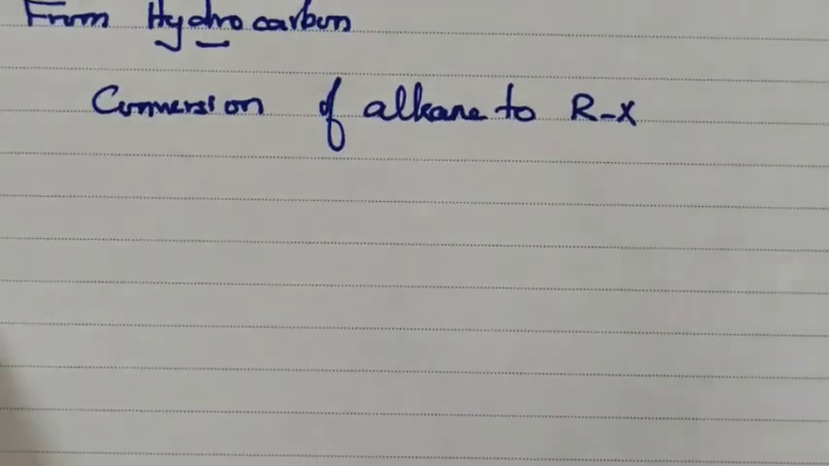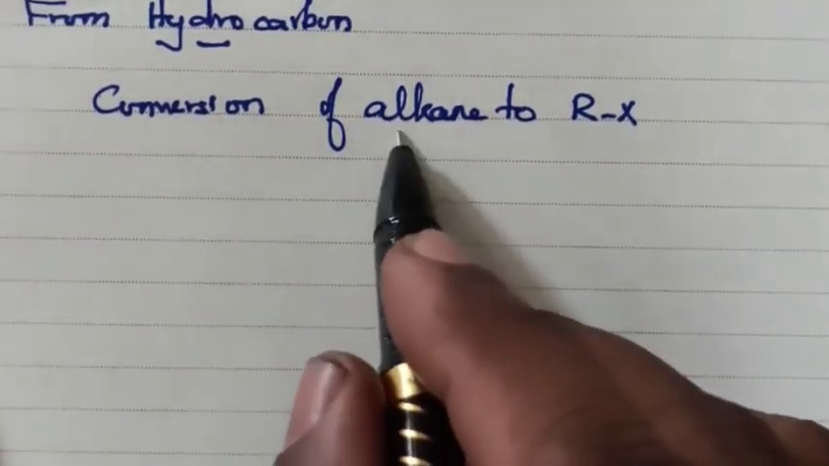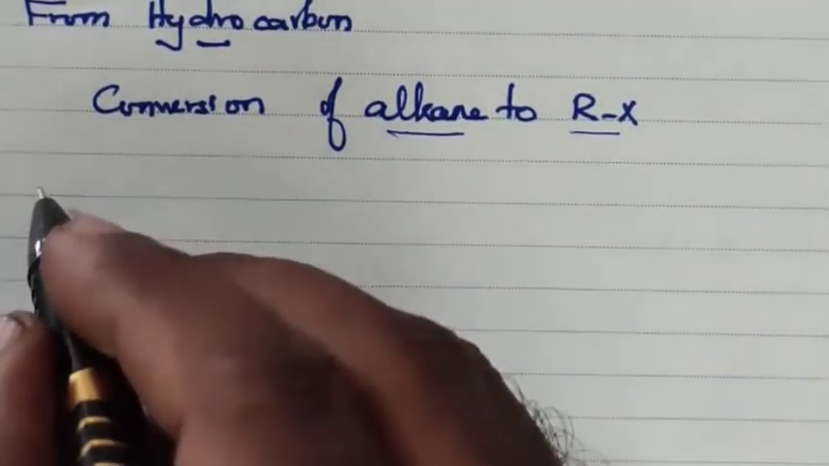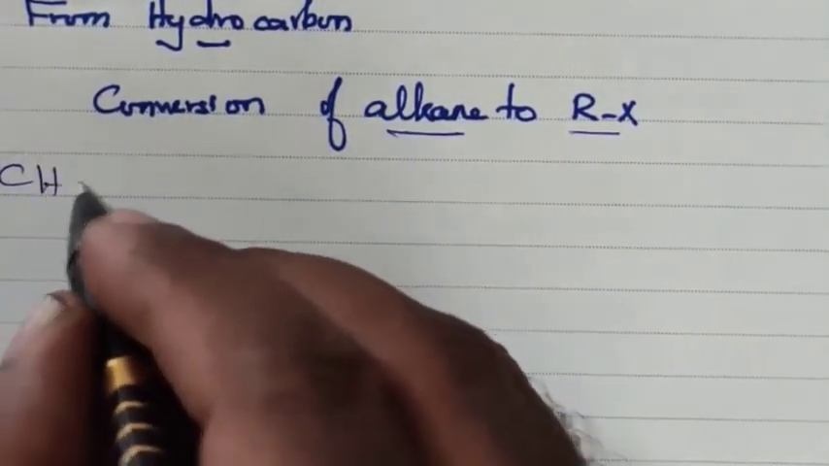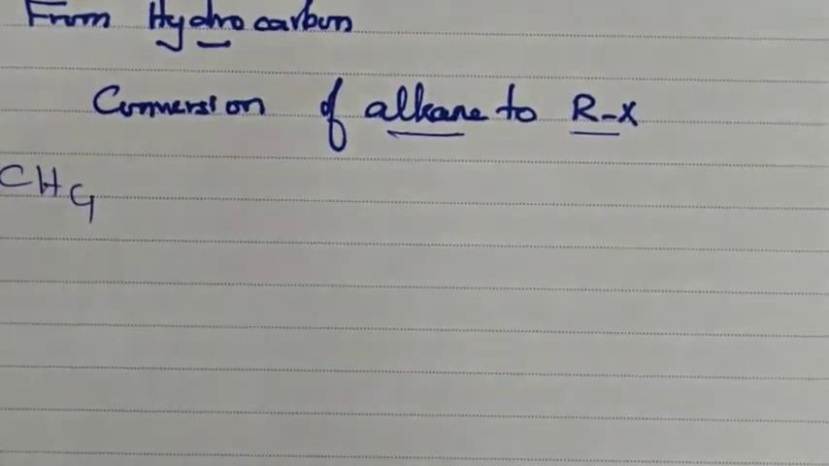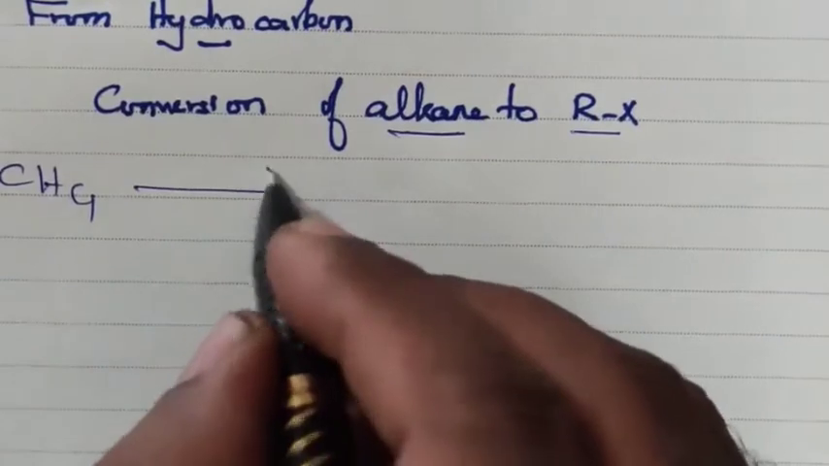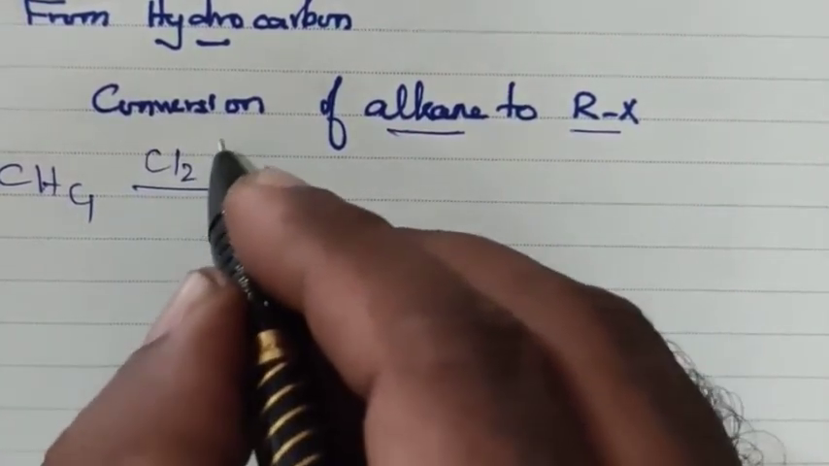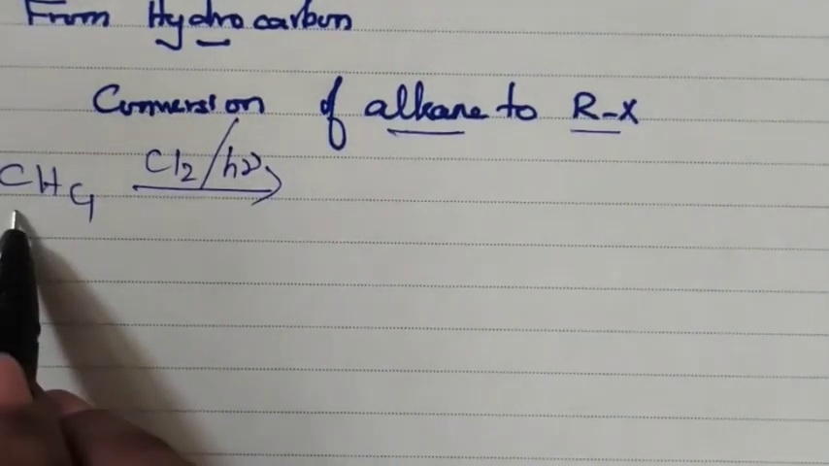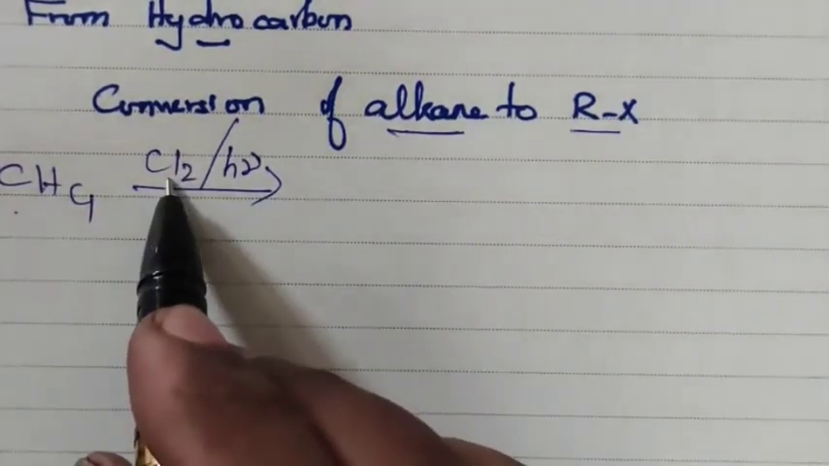From hydrocarbon, first we are going to discuss something about conversion of alkane to alkyl halide. Conversion of alkane to alkyl halide. Alkane, for example, if you are taking methane, CH4. So methane is a hydrocarbon. Hydrocarbon means alkane. When it is treated with chlorine in the presence of light, when methane reacts with chlorine,